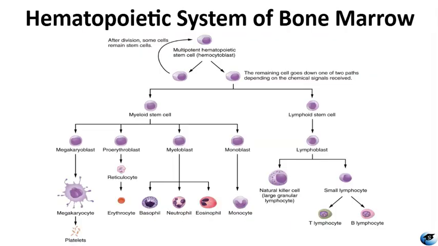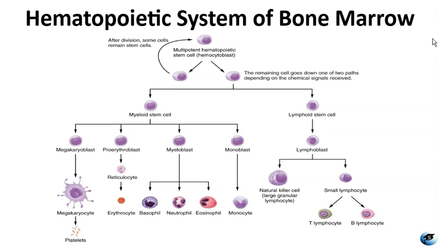All blood cells originate from a common source, the multipotent hematopoietic stem cell, also known as the hemocytoblast. From this single stem cell, two major progenitor lineages emerge. The myeloid lineage, which gives rise to erythrocytes, the red blood cells, responsible for oxygen transport, basophils, which play a role in allergic reactions and inflammation, neutrophils, the most abundant white blood cells and the first key responders to infection,